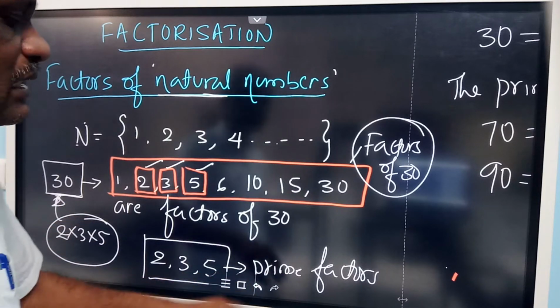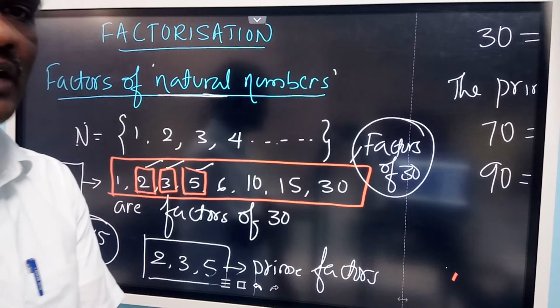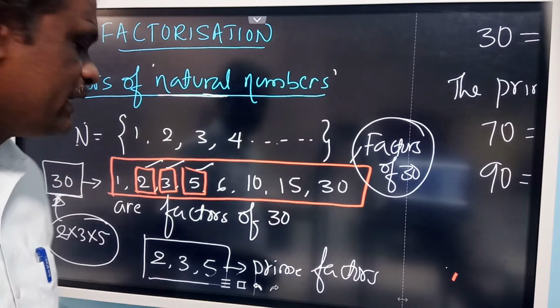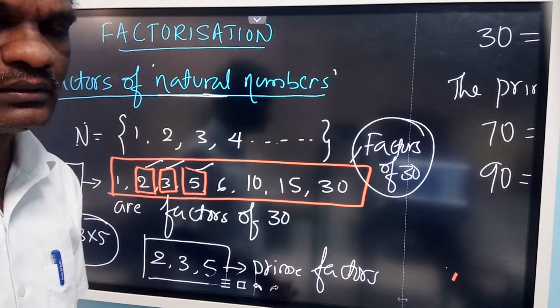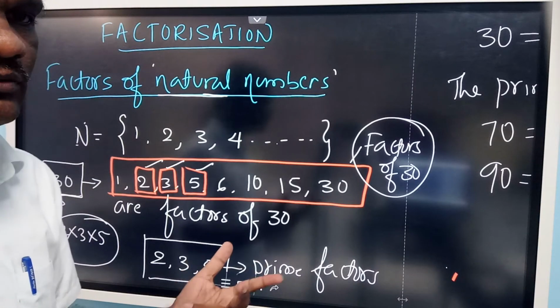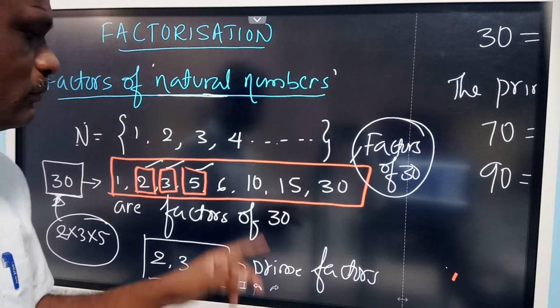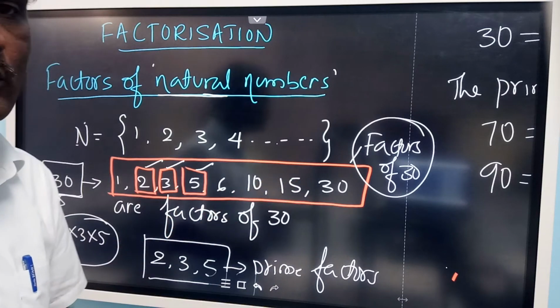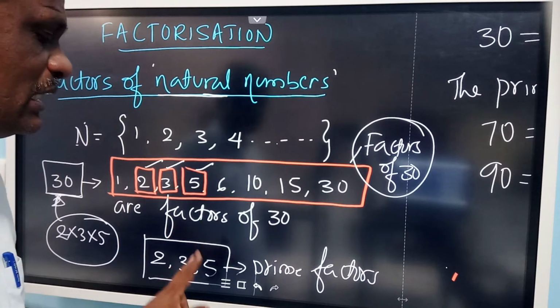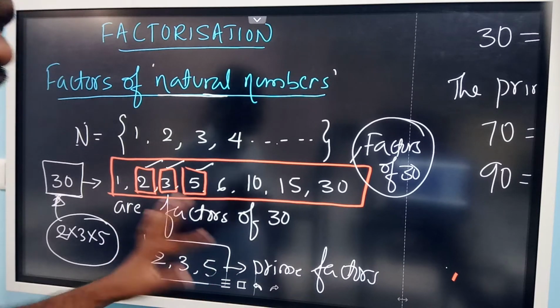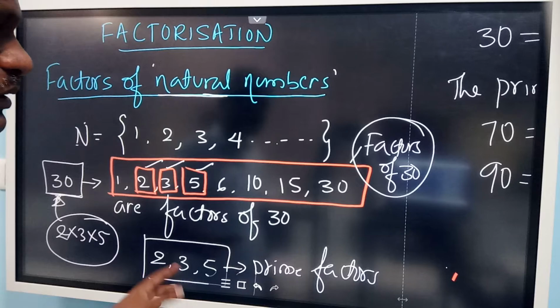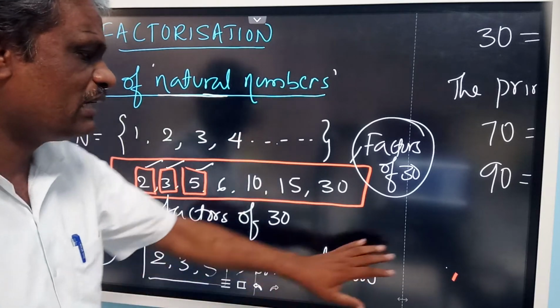So this is called prime factorization. Why do we call them prime factors? Because you cannot factorize them further. Prime numbers have only 2 factors, whereas 6 and 10 have more than 2 factors. Further, you cannot factorize a prime; either you get 1 or itself as a factor. You will not get any other factor. Therefore, they are called prime factors.